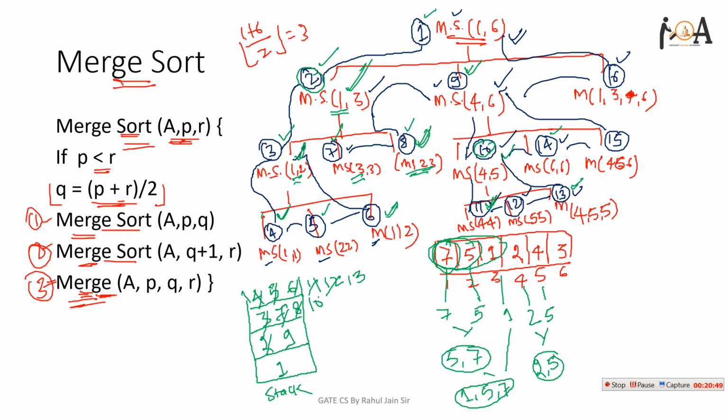Because function 10 is executed successfully, function 14 will be called, that is merge sort 6 6. So the sixth index element is 3, and I need to apply merging on 4 6 6, that is 2 5 and 3. I need to apply merge sort, that is function 9. So 14 is executed successfully. After that I need to apply merge on 4th and 6th. So 15 is called, and I need to apply merging on 2 5 3.